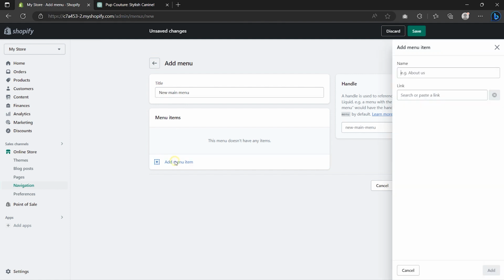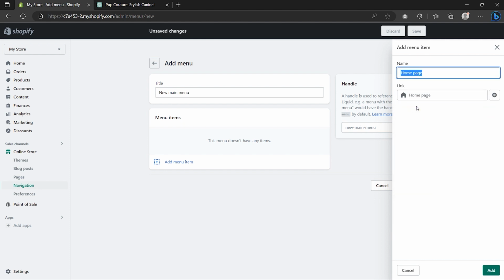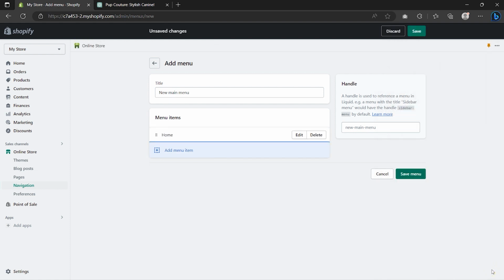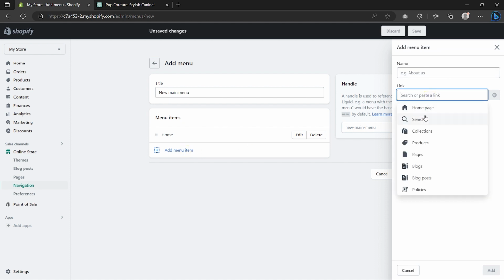After that, go to Add items, and then on link you can choose specific pages you want to showcase in your header. So first I will be selecting the home page, and then on name you can adjust the label. Once done, simply click on Add, and then repeat the same process to add as many pages as you want. For now, I will be adding the cats collection,